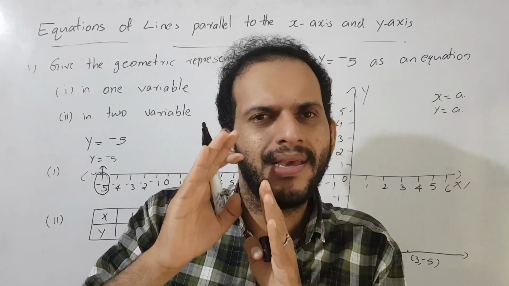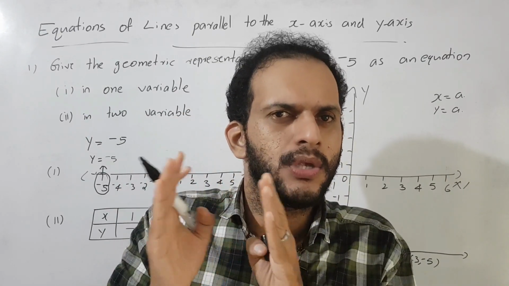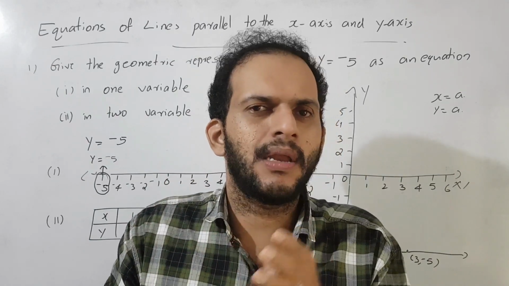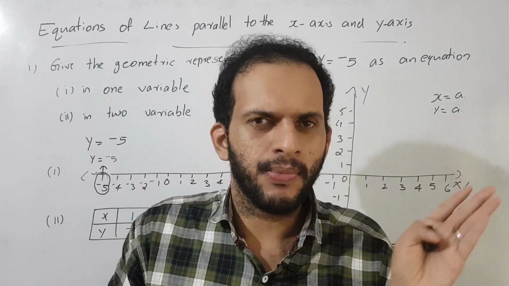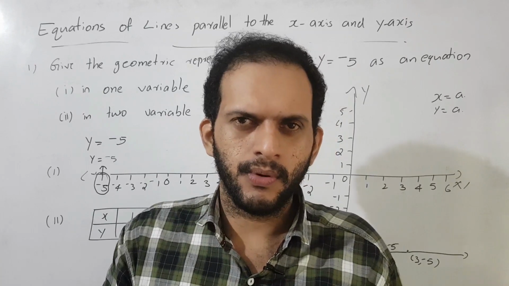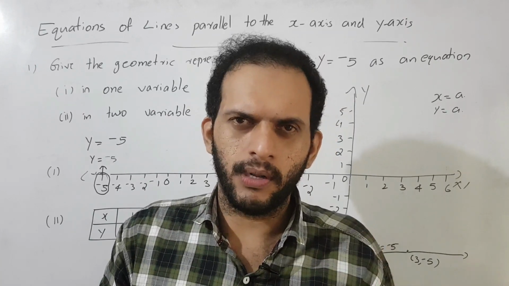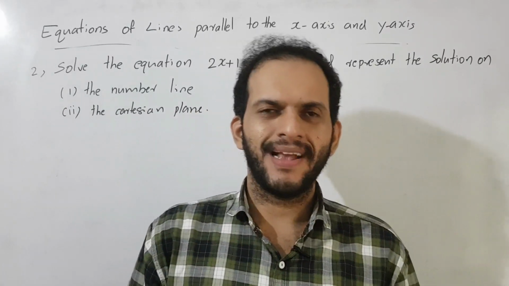Equation നമുക്ക് കിട്ടുന്നത് y is equal to a number. Y is equal to number ഫോമിലാണെങ്കിൽ അതിൻ്റെ ഗ്രാഫ് എപ്പോഴും ഏതിന് പാരലൽ ആയിരിക്കും? xന് പാരലൽ ആയിരിക്കും. Okay, this idea is very important. I think you got it. We go to our next question.